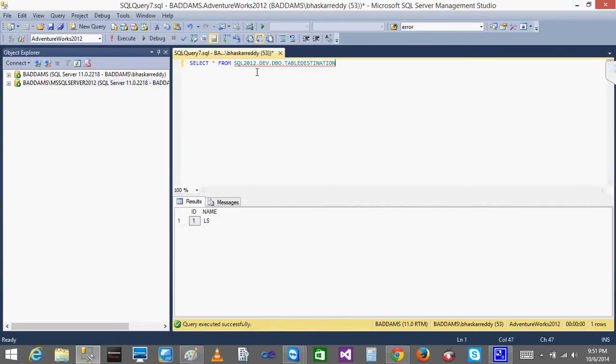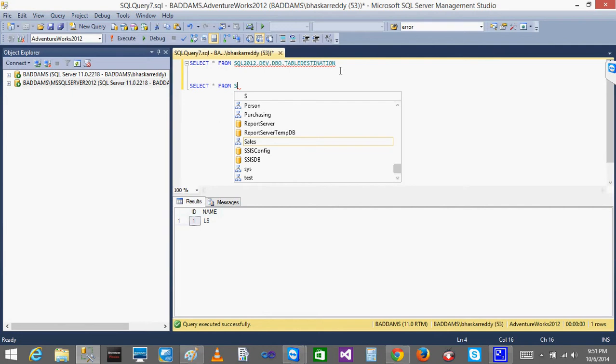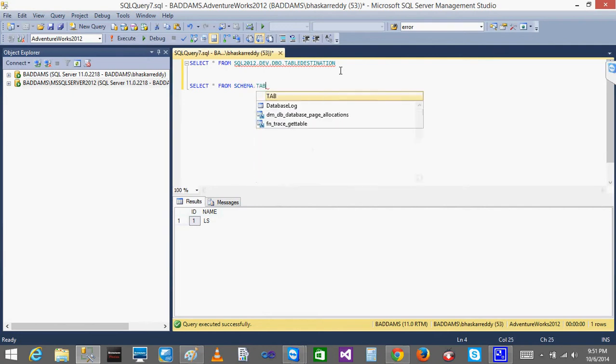Yeah. So normally if you are on the same database, select star from schema name dot table name. If you want some tables from the same database, then you can use schema name dot table name. By default, this is one way.